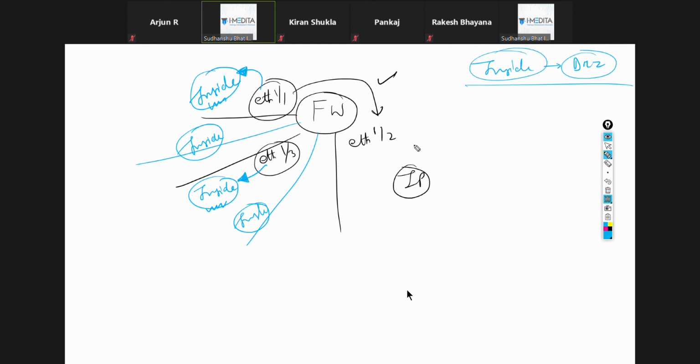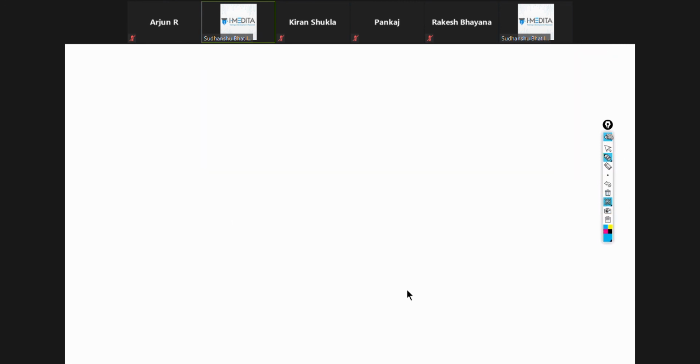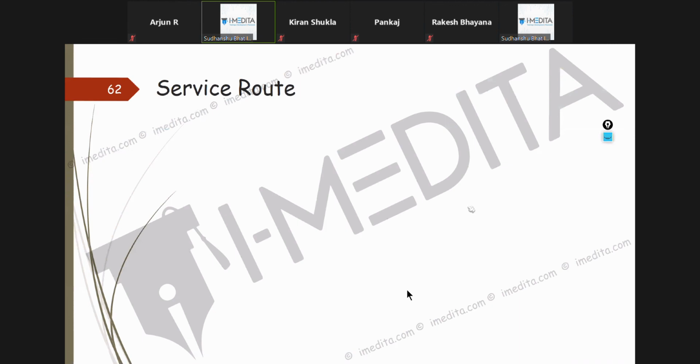These zone labels are going to take care of these things. You don't have to define these interface based policies anymore. And almost all the firewalls these days have this concept of zone. I've not seen any firewall right now which doesn't have this zone concept.